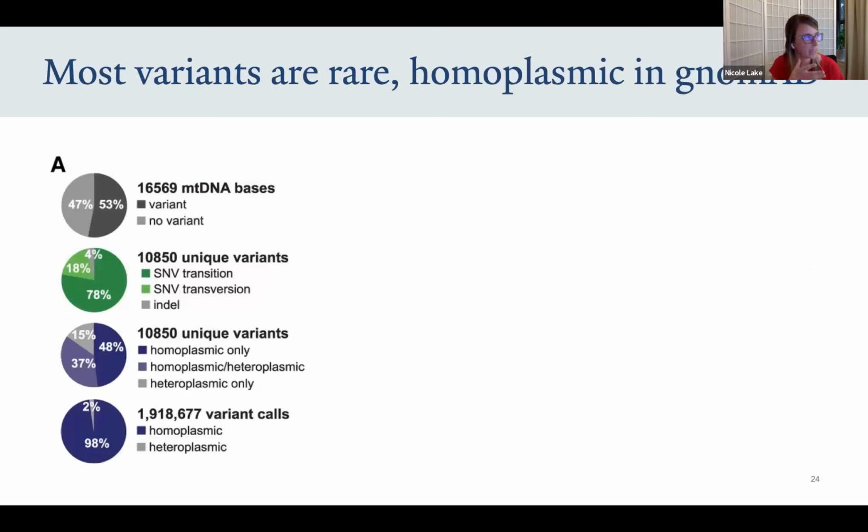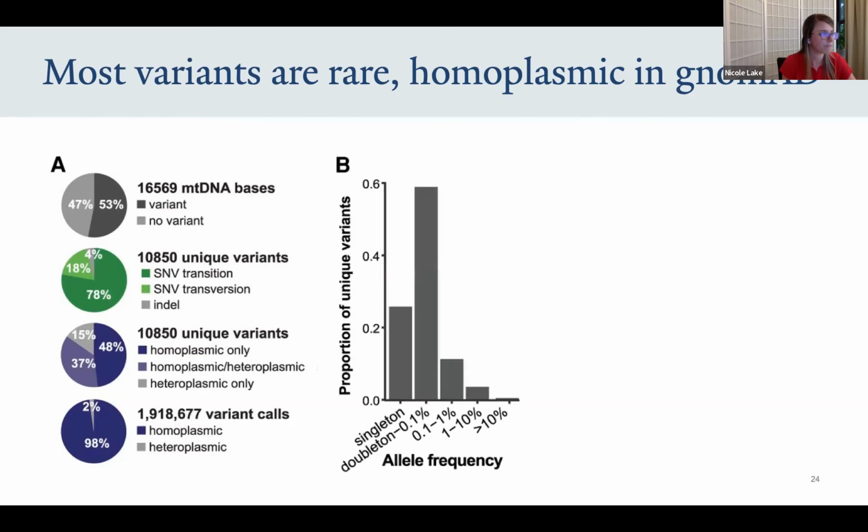So taking a look, I think to just emphasize the power of a data set like this, we observed variation at more than 50% of all bases in the mitochondrial genome. So even at these sample sizes, we're really starting to dive into the possible population variation that exists in this genome. Most of these variants were single nucleotide variants and observed at homoplasmy, but we did see around 15%, for example, that we only ever saw at heteroplasmy. So only present in a fraction of all molecules. And so these are a group of variants that would have been missed by previous approaches for mitochondrial databases.